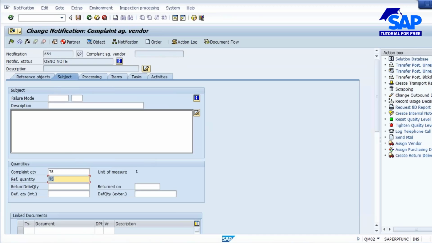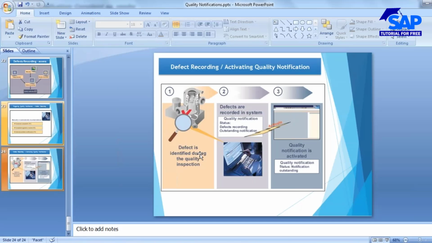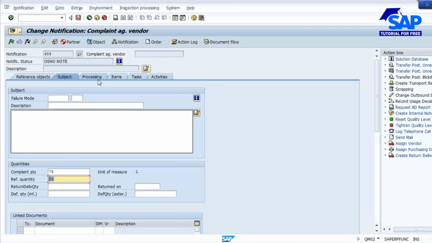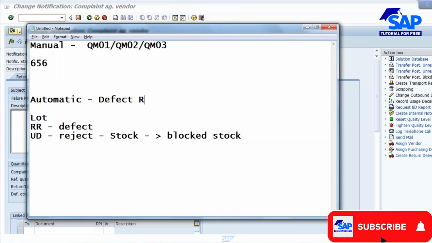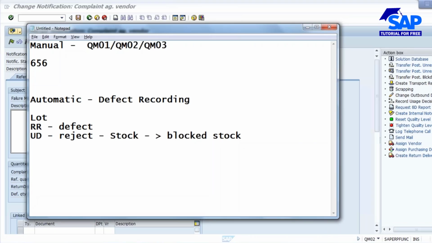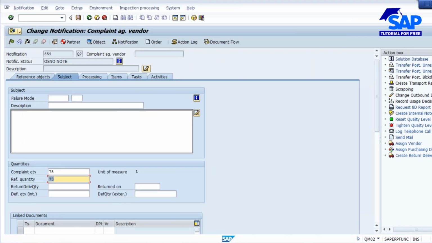So you can create notification automatically during the defect recording itself. Okay, if you make the required settings, and from here onwards they will do the processing. Either you can trigger manually notification, or during the defect recording you can trigger it automatically. So that is what you are going to do.